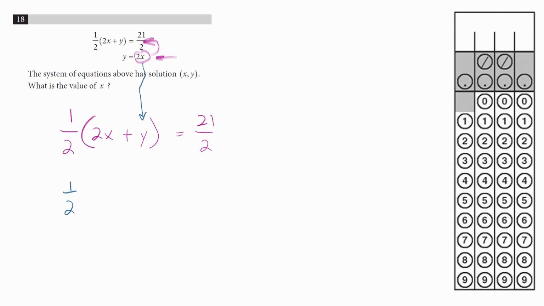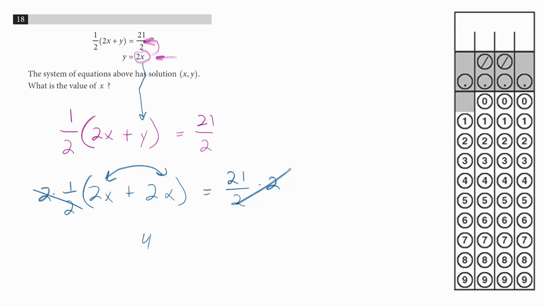So 1/2 2x plus 2x equals 21 over 2. So I have a 1/2 on the left and an over 2 on the right. So if I multiply both sides by 2, the 2's cancel, and I have like terms in the middle. So my 2's are canceled. 2x plus 2x is 4x. So 4x equals 21. So this means I can divide both sides by 4, and I get 21 over 4